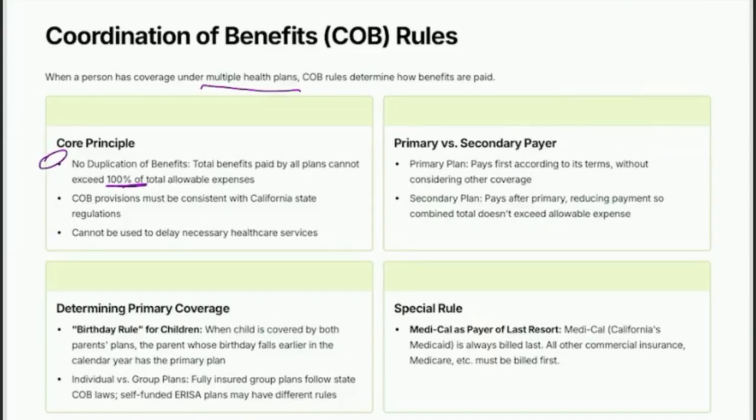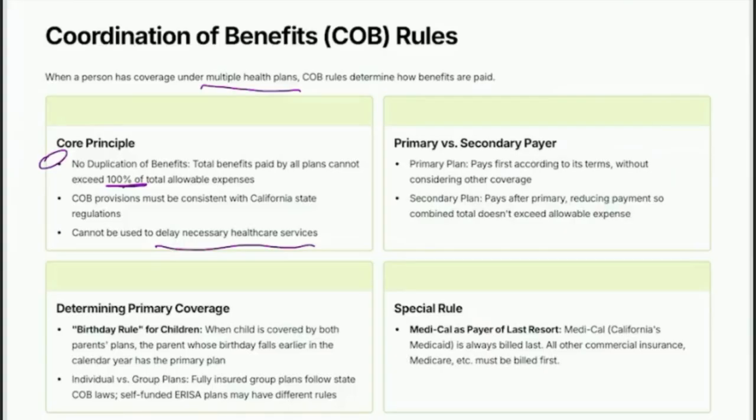COB provisions must be consistent with California state regulations, and they cannot be used to delay necessary healthcare services, right? So that's why these are in place, so that while you are needing coverage, two insurance companies and the hospital aren't arguing over who's going to pay and what, right? So there are things in place so that these coverages can be covered right away and everybody knows